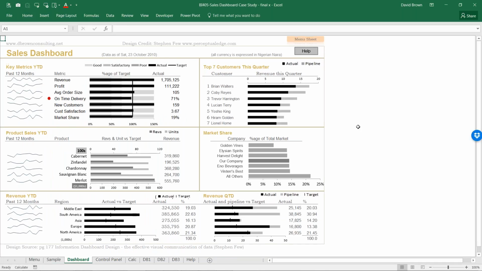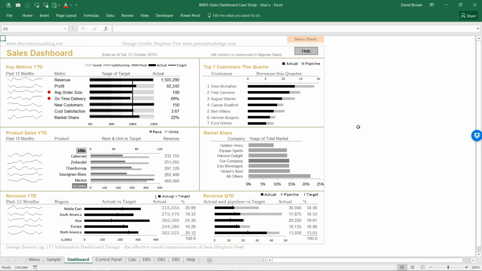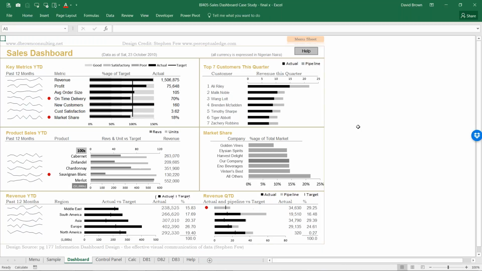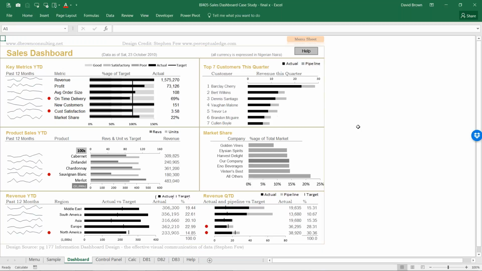So this is a dashboard. When someone says dashboard, what you mean by dashboard is a one-page summary of reports. That means all your reports are summarized in one single page. That's what a dashboard is. Now, unfortunately, most software out there really don't do a good job of creating dashboards. And that's because they don't spend the time to think through design. When I say design, I mean, how do you design your dashboard in a way that someone can look at it and know exactly what you're talking about?